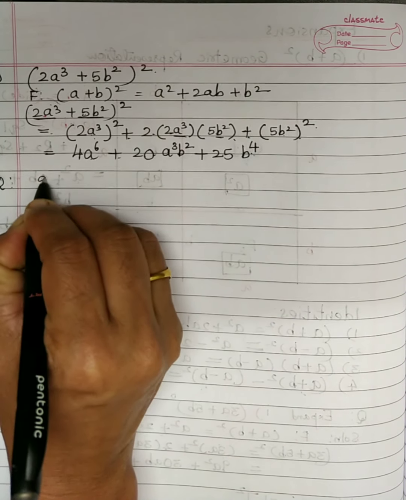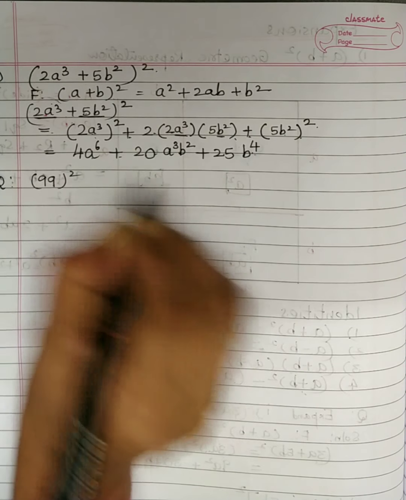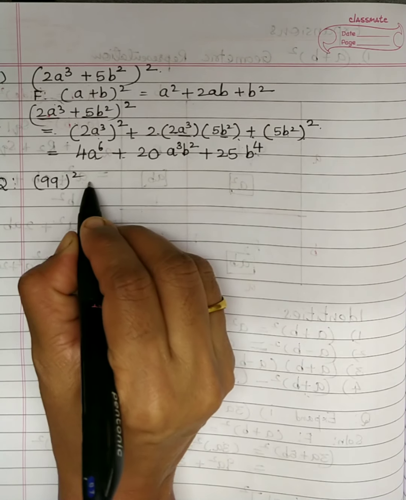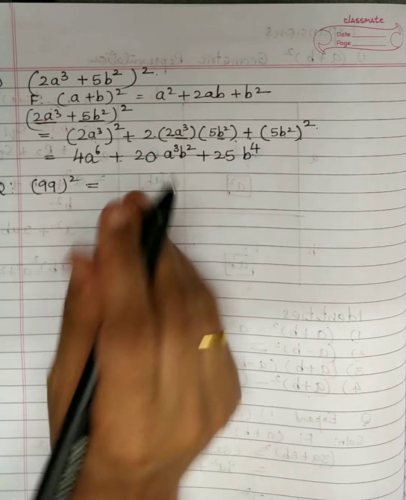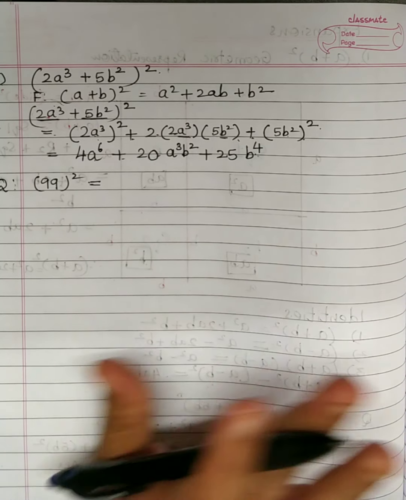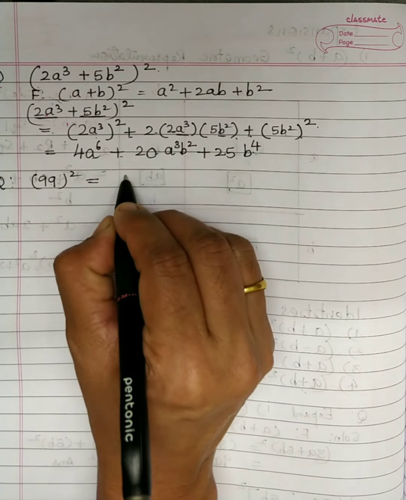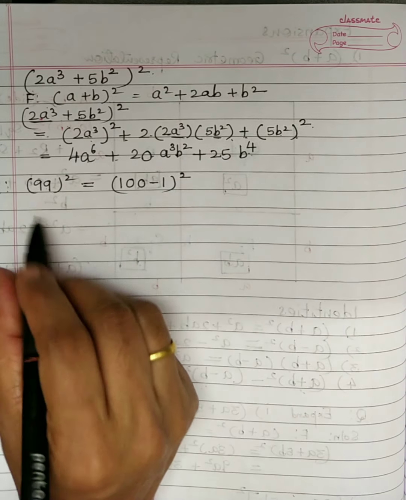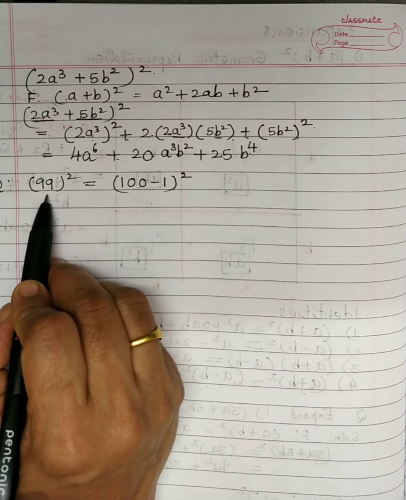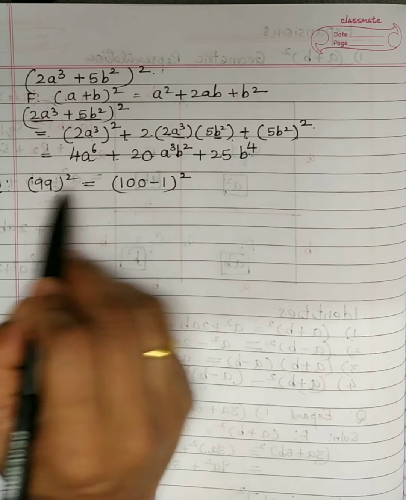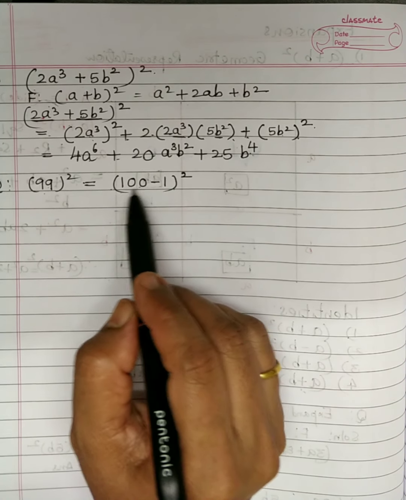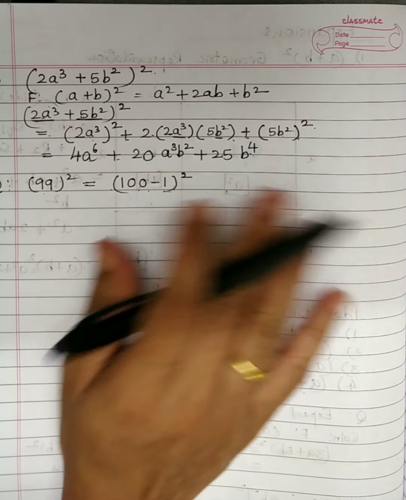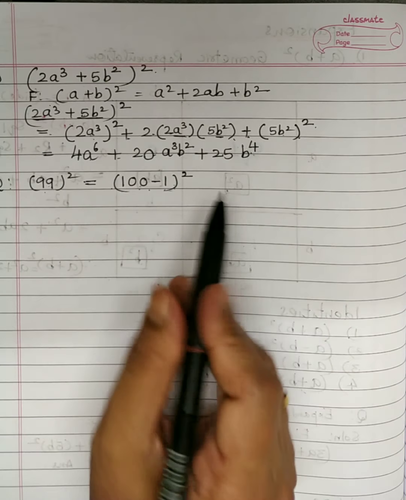For example 99 square, if you have to find using this algebraic method, using the formula, then compulsorily we need to use the formula. So while applying, try to put it into the easiest possible way. See that our work is made very easy. So 99 in a very easy way can be written as (100 − 1) square. Now you will ask, what is so special about 100? 99 can be written as 98 plus 1 as well, or it can be written as 90 plus 9. Why 100? Because to get the square of 100, to get the square of 1, etc. is very easy. Our purpose is to simplify the work and not increase it.